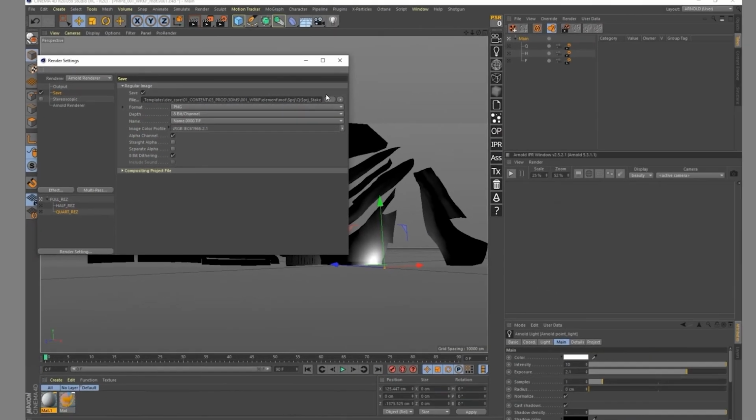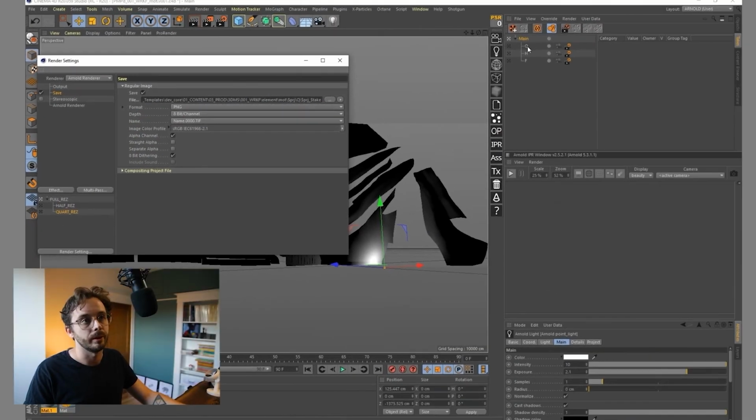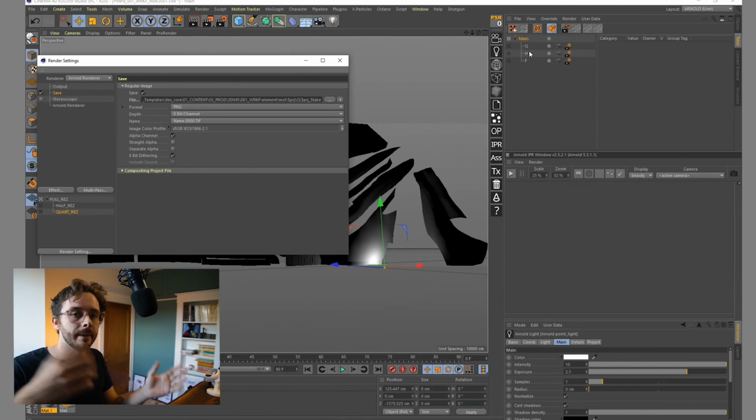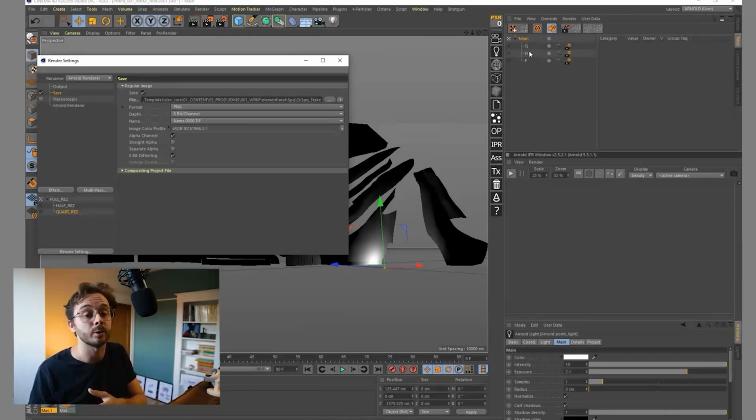So it means that, for example, when I'm going to render the Q, the quarter res version, it is going to be outputted inside of a Q folder and using my take name. Right now it's super simple and the name of the folder is the same name as the take, but maybe later inside of the project I will need to have different take names, and I will just need to know that they are made in quarter res, so it's going to be easier that way.